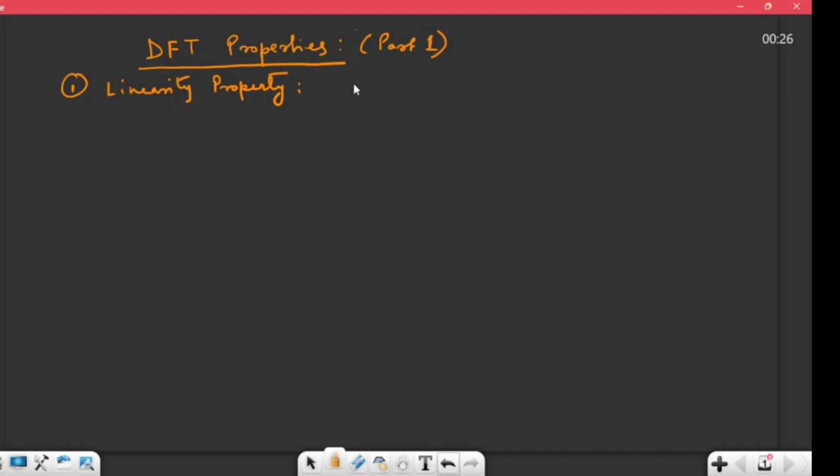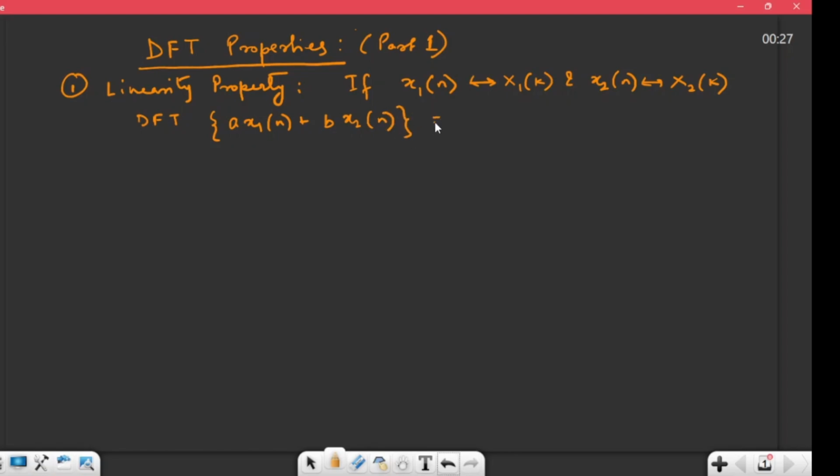It states that if we know the DFT of x(n) as X(k), and if we know the DFT of x1(n) as X1(k) and the DFT of x2(n) as X2(k), then the linearity property states that the DFT of a x1(n) plus b x2(n) is equal to a times the DFT of x1(k) plus b times the